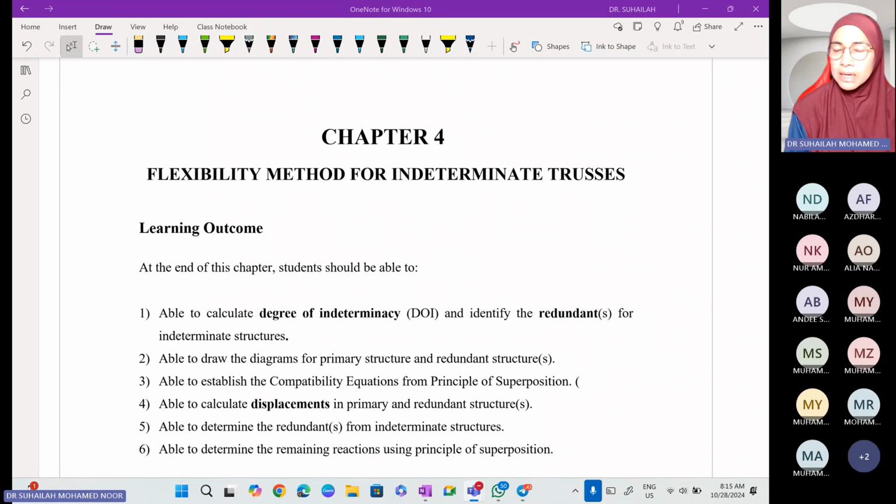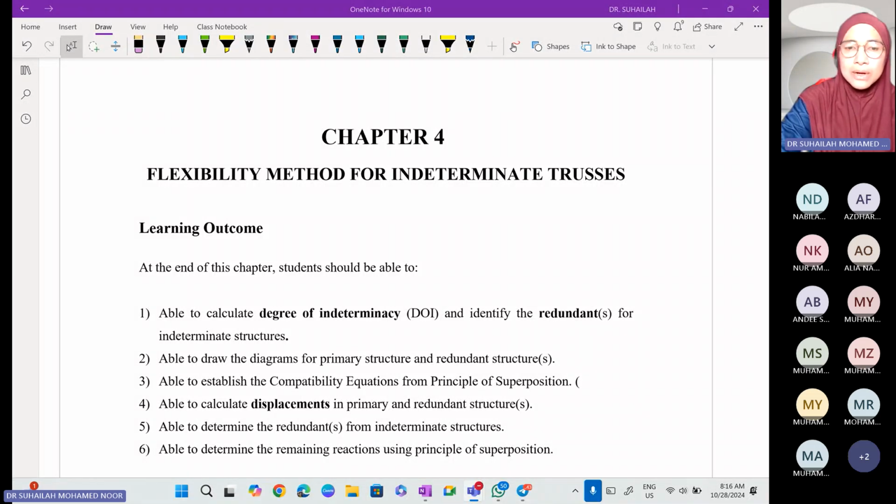So basically, the procedure is the same. The concept, the principle of superposition that we apply is also the same, but the difference when we analyze a truss using the flexibility method, the objective is also the same. We are going to analyze for the reactions when we cannot analyze using equilibrium equations, so we have to apply the flexibility method. But for truss analysis, we need to calculate not only the reactions, but also the member forces